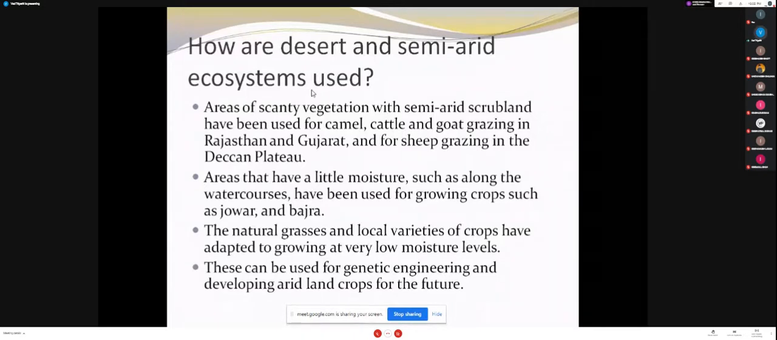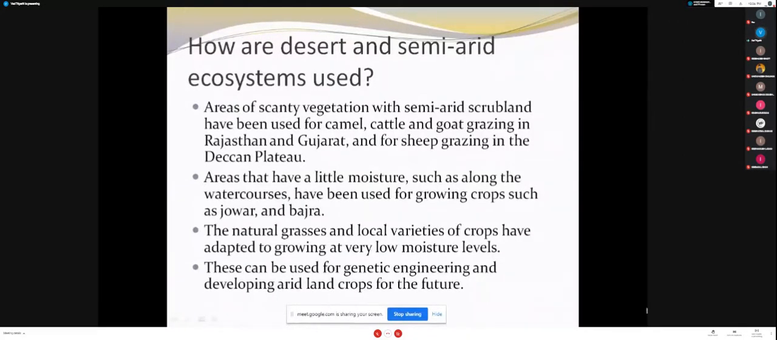Areas that have a little moisture, such as those found along water courses, along rivers or some small lakes or ponds, have been utilized for growing crops such as jowar and bajra. Natural grasses and local varieties of crops have adapted to growing at very low moisture levels. They have adapted themselves, and that has taken a large amount of time